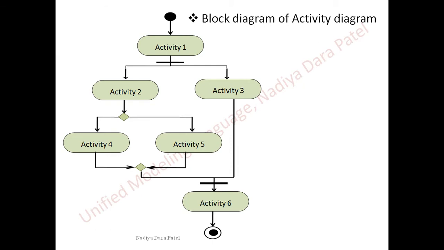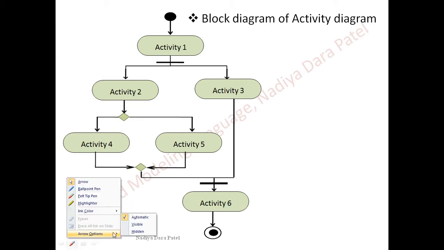I have tried to make use of every possible symbol from our activity diagram and connected them in a manner that will help you. So if you see, this is the initial node and here is the final node. Between them every activity is going to take place. I have placed all the activities in sequence. Keep in mind while drawing an activity diagram, the sequence is very important. Do not mix every activity and then take an arrow which is heading backward, which is not allowed at all.